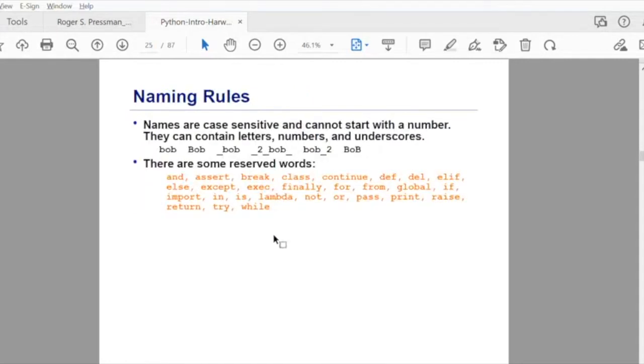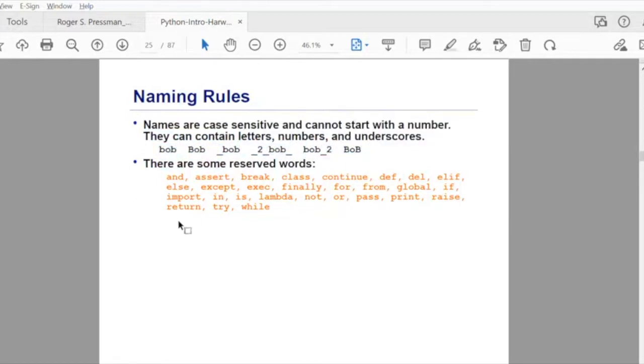Then there are some naming rules which we need to follow. Variable names are not supposed to start with a number. They can usually have letters, numbers, and underscores, but should not start with a number. Some of the names that we can use are given as an example here.